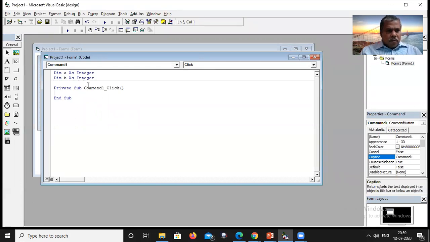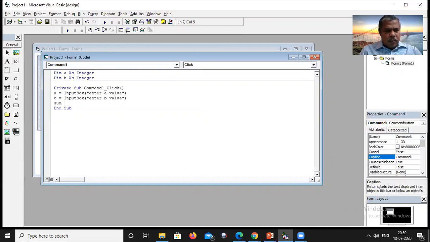In my command button, I could just assign A equal to 10, otherwise I can use the input box: A equal to input box, enter A value; B equal to input box, enter B value. Two values I am receiving from the input box.